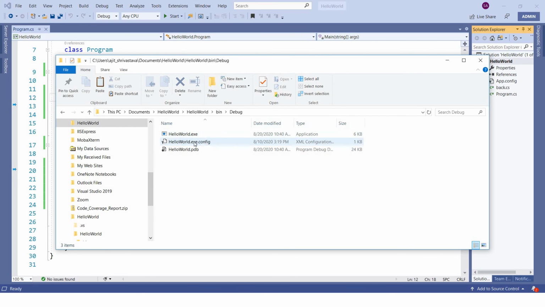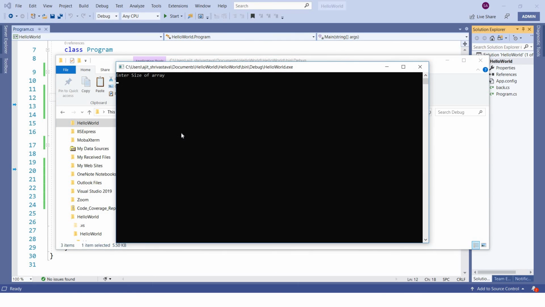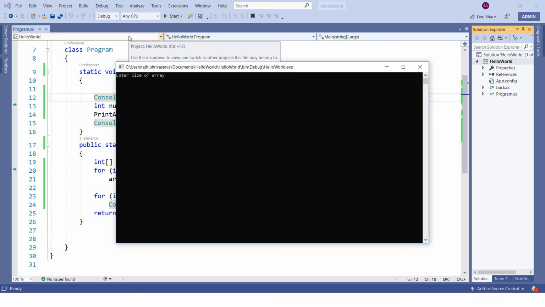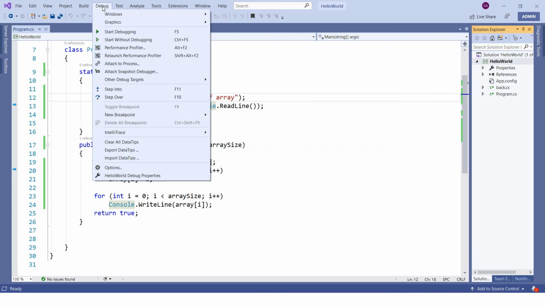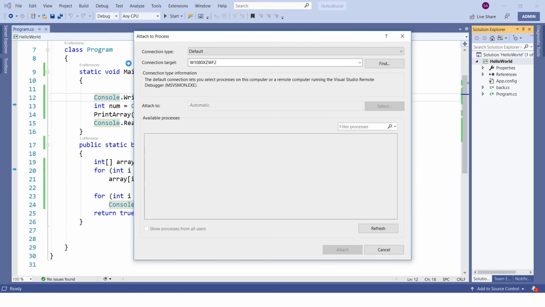Now let's say you have this exe and you are running it and you want to debug that. How will you be able to do that? The first thing you have to do is run that application. Okay, so now this application is running. The next step is to go to Debug, Attach to Process. Basically, I want to attach this Visual Studio to a process which is already running.